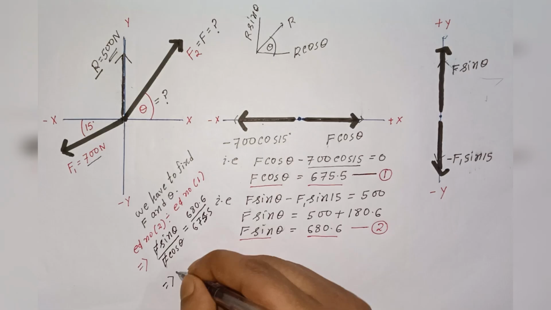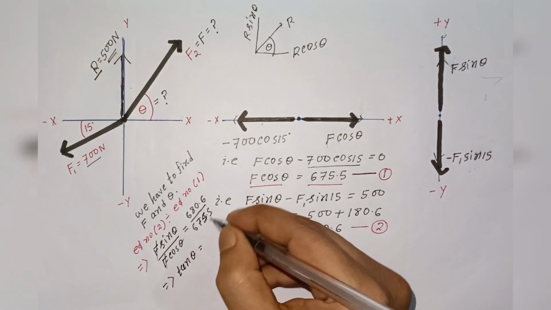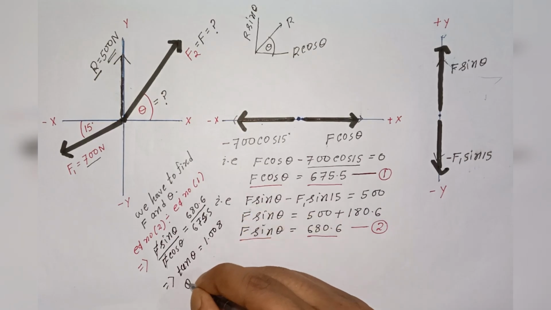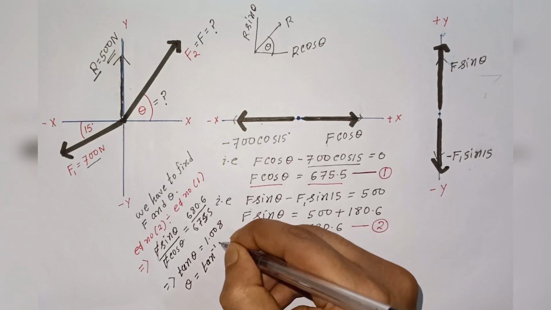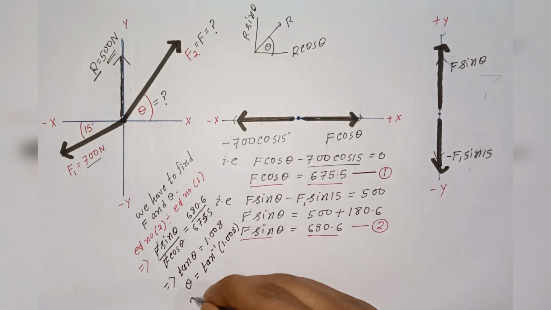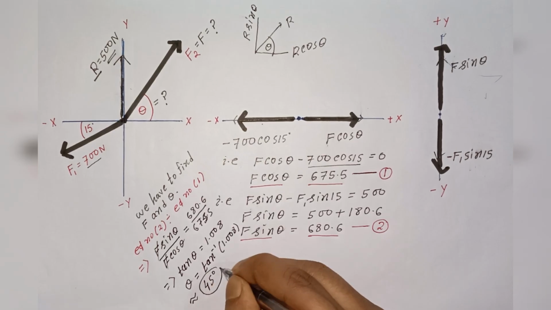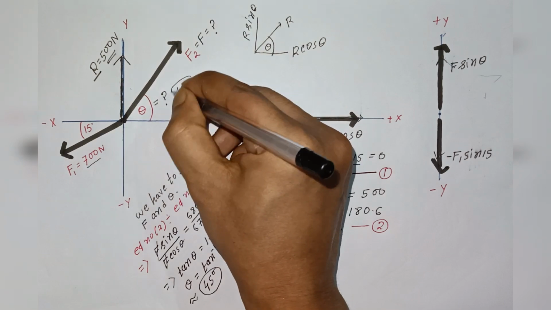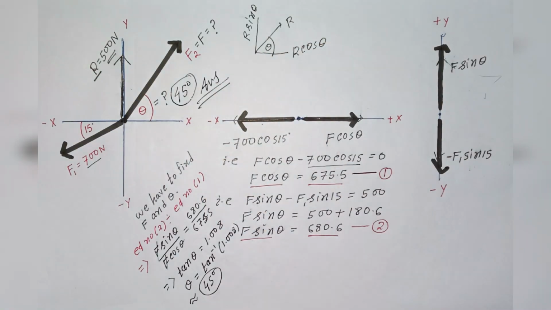675.5. Anyways, cancelling sin theta by cos theta, we know that equals tan theta, and 680 point something divided by something equals 1.008, which gives theta equals tan inverse of this. This is approximately near 1, which means theta is approximately 45 degrees. Actually theta is in the 44 to 45 degree range. Okay, but this is the final answer.